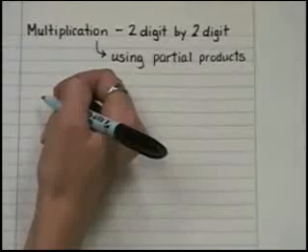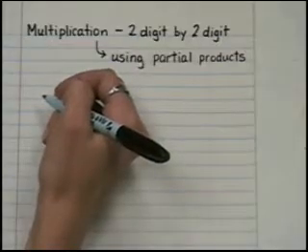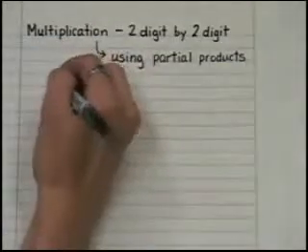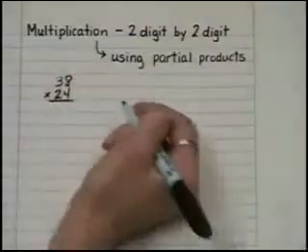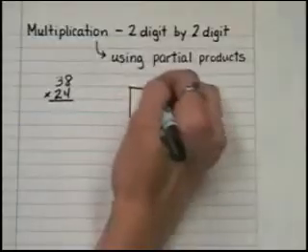In 4th grade, we continue our study of multiplication. Our kiddos are required to do 2-digit by 2-digit multiplication problems using partial products. We start off with a problem such as 38 times 24. Our kiddos will attack this problem by setting up an array